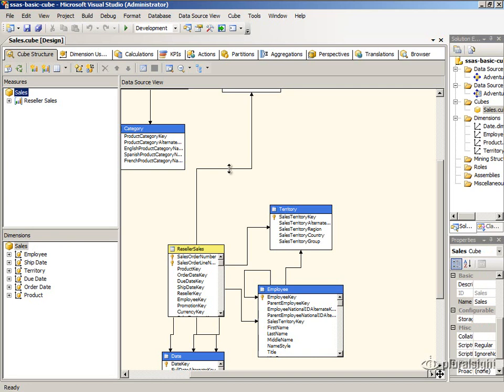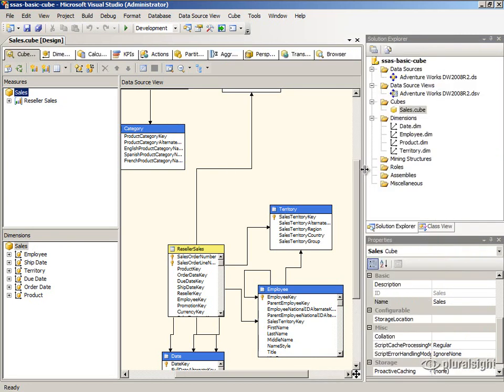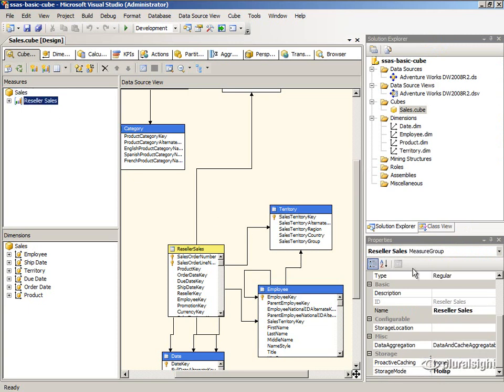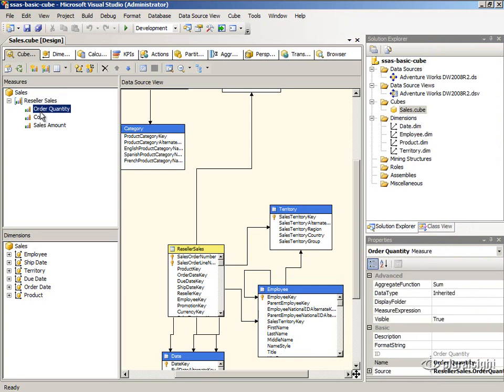So the first item here would be the cube, and down in the Properties window we can see properties related to the cube itself. Then when we select Reseller Sales, we see that that's a measure group, and there are various properties associated with the measure group. Then when we expand the measure group, we can see each of the individual measures, each of which has its